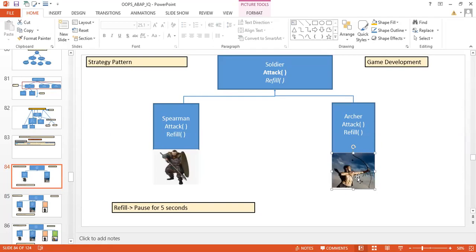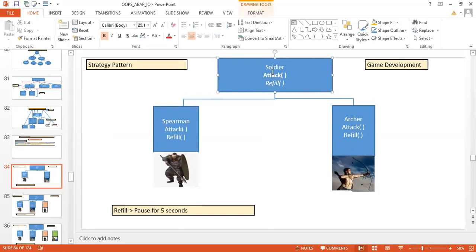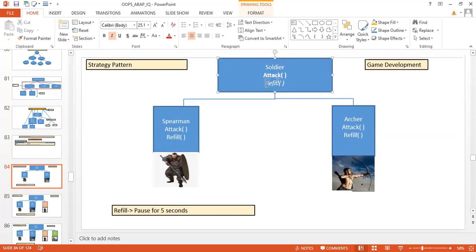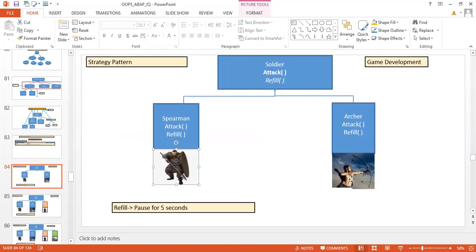Just understand the context in which they are going to attack. The way they are going to attack, we are not talking about here. If we define the way they attack, that will become more complex. So making things a little easier, let's understand that the way they attack is the same, but the way they refill their weapons is going to be different.